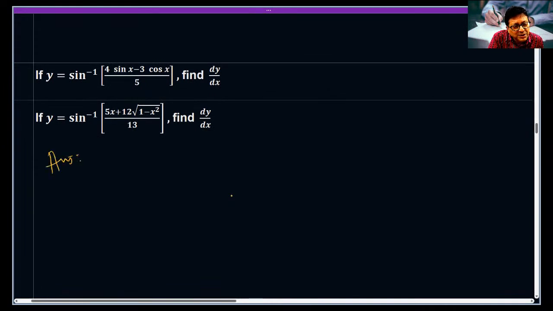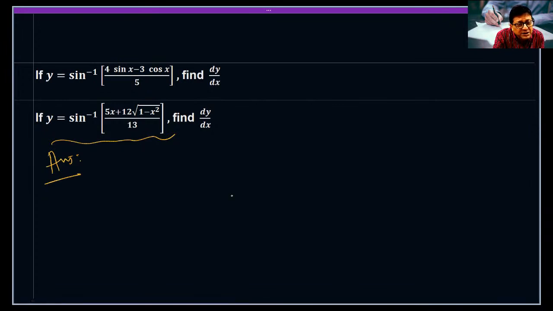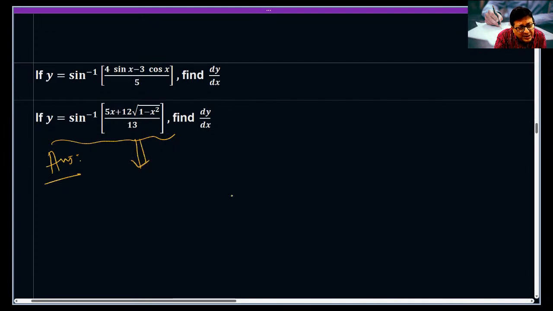What's the sum? y equal to this thing. I don't need inverse formula. Sin inverse A plus B is sin inverse X plus sin inverse Y. I don't know. As a board student, no one taught me. But I know sin A plus B form. We'll go for that. This one also you rewrite as